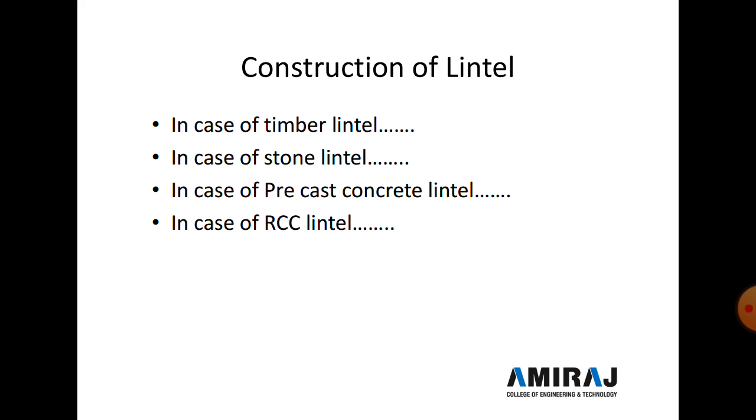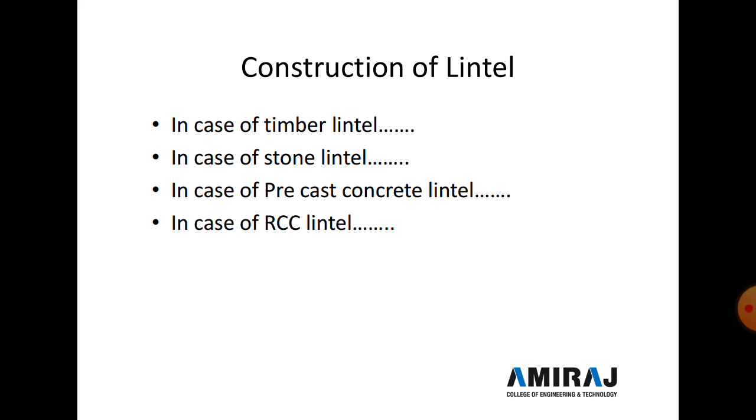Now third one is the precast concrete lintel. So first of all the rectangular cage of the steel reinforcement as per the design is prepared, and then formwork is made around the steel cage by keeping the proper cover all around, and then the concrete, in a proportion as per the grade and design, is poured in the formwork. Now after 24 hours formwork is removed and curing is done. As per the standard, precast lintel should be cured for 28 days. After proper curing, the precast concrete lintel is ready to place over the opening area.